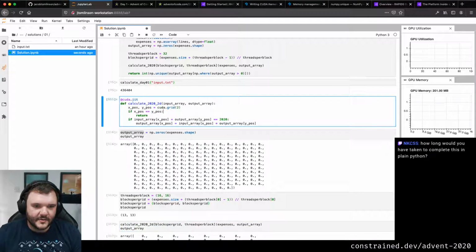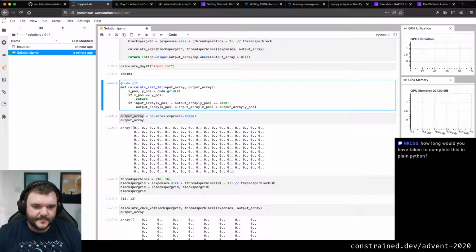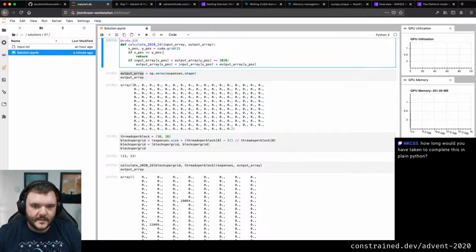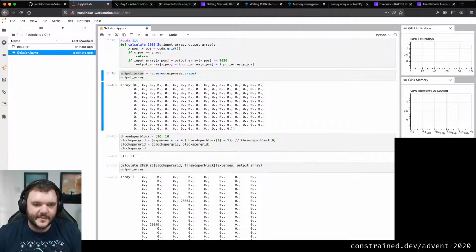What have I done wrong? So I think it's because my input array, that's what that was.